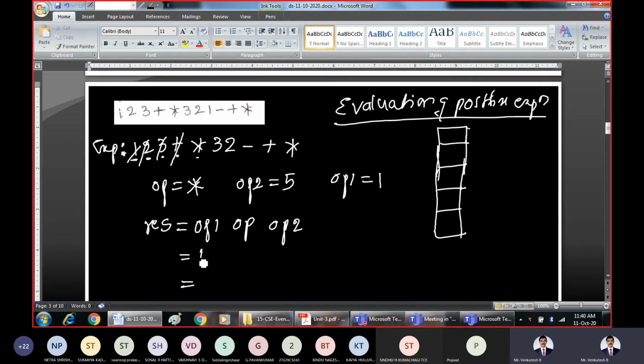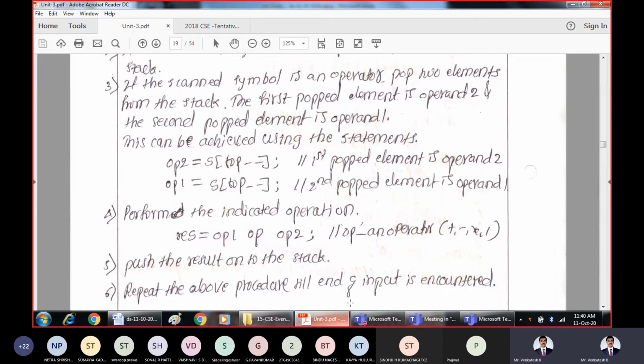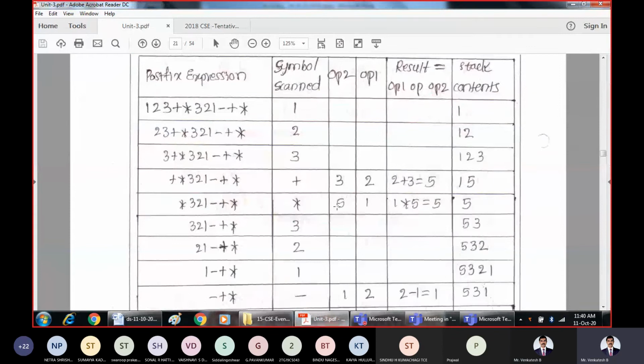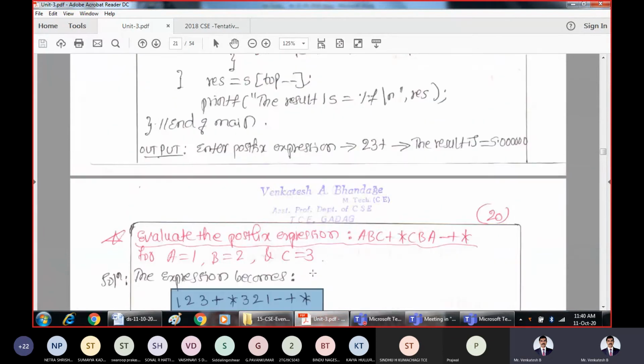What is operand 1? 1. What is the operator? Star. What is operand 2? 5. 1 star 5 is again 5. So take this 5 and push it onto the stack. Now the new element on the stack is 5.